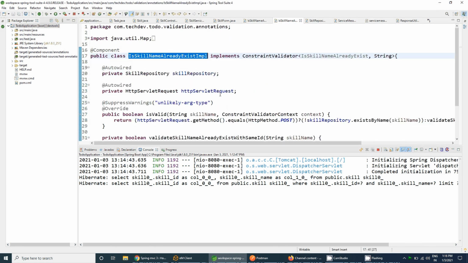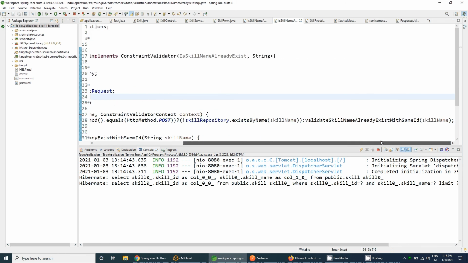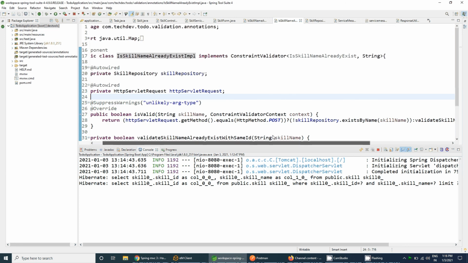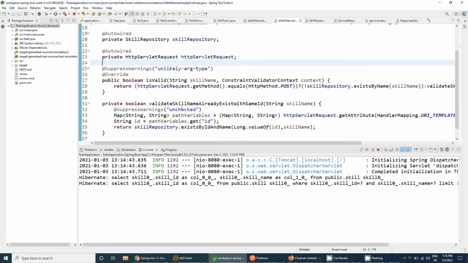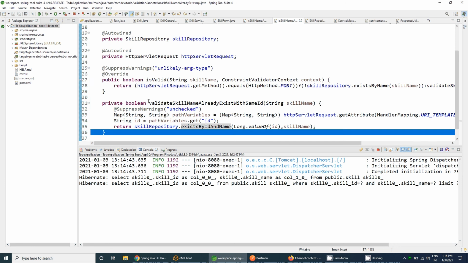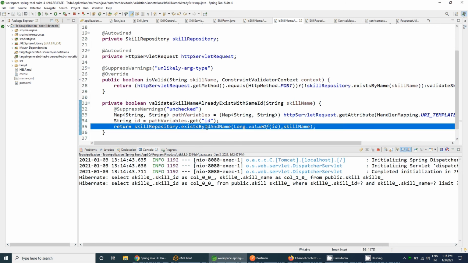Let's go to here, and it is returning this. It is saying that it is valid if it does not exist, and if the ID and the name exist, then it will return is valid. Exists with the ID and name.